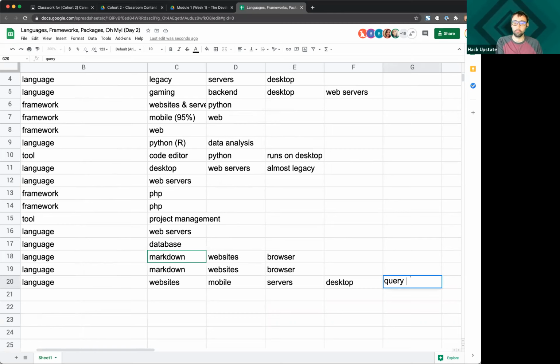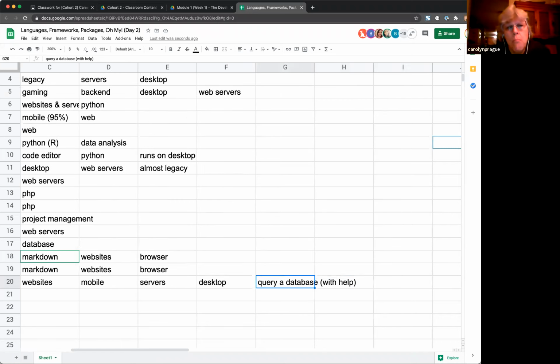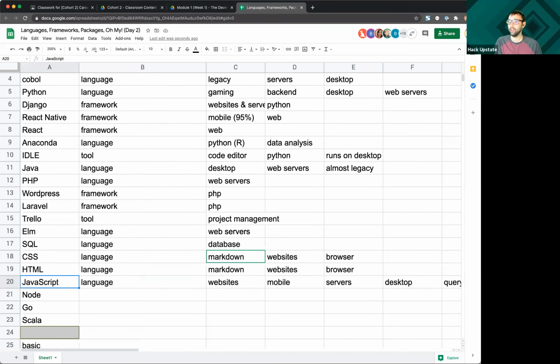I'm gonna add in there with help because it's a middleman. It does need SQL eventually, but I'll leave that in there. It can pretty much run anywhere. JavaScript is similar to Python in that it can be run pretty much anywhere, but it's one of the core reasons why we're teaching that in this course.